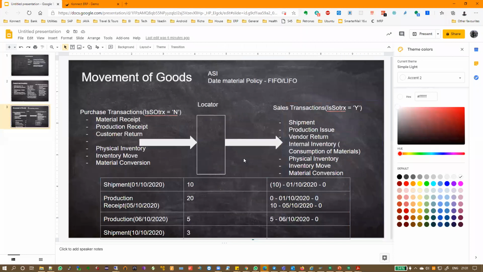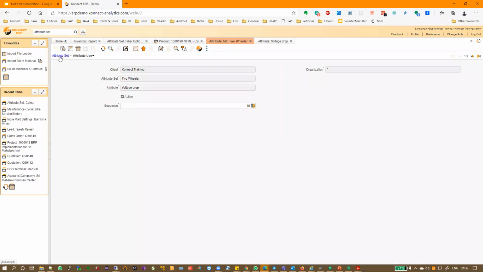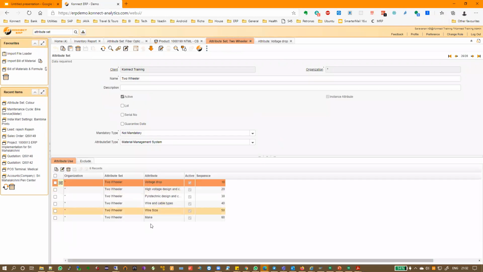That means only for the quantity which is inside the locator, this attribute will apply. Okay, that means when I define the product, I don't need to define this attribute. Only when I move the product, I need to define this attribute. Okay, that's what this means. So even in one attribute set, you can have a combination. You can have multiple ones which are instance and non-instance. So even if one of these is instance, this will become an instance attribute here.